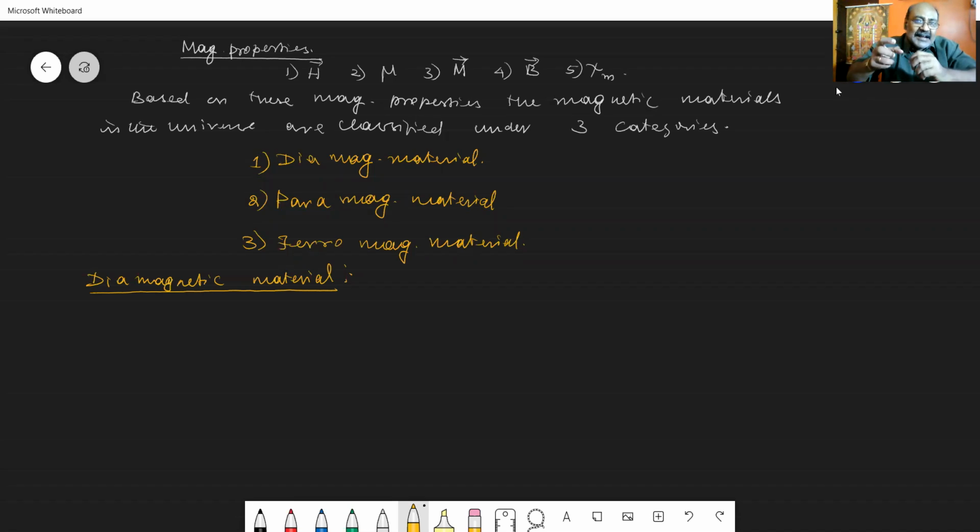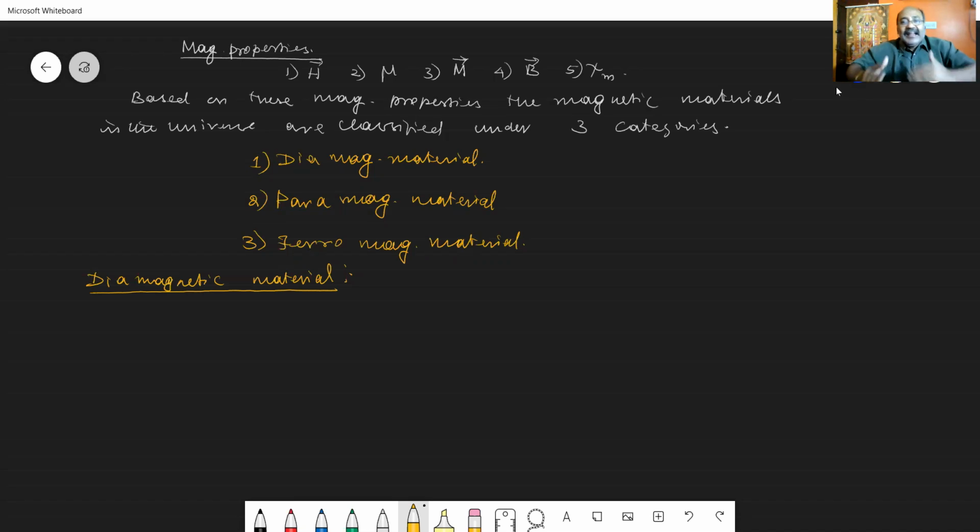induced magnetic moment. The net magnetic moment is zero inside the diamagnetic material initially, but when it is placed inside the external magnetic field, some of the electrons will be speeded up, because of which magnetic moments are induced. That magnetic moment and the applied magnetic field are in opposite directions, because of which the diamagnetic material, which gets magnetized, will try to move from the stronger part of the magnetic field to the weaker part of the magnetic